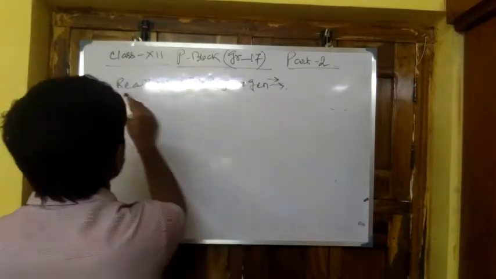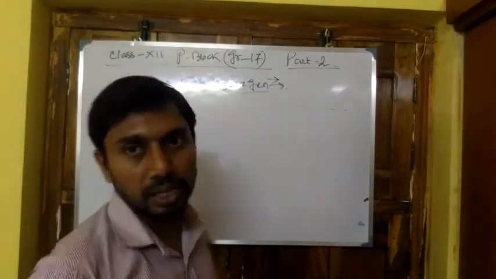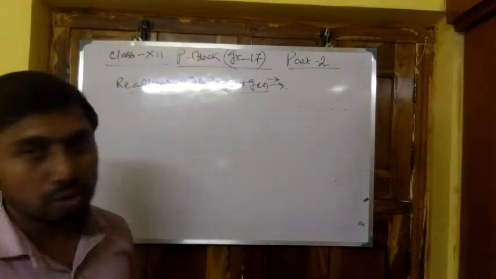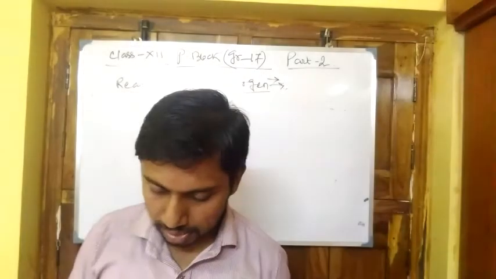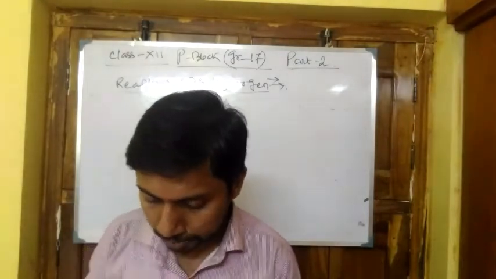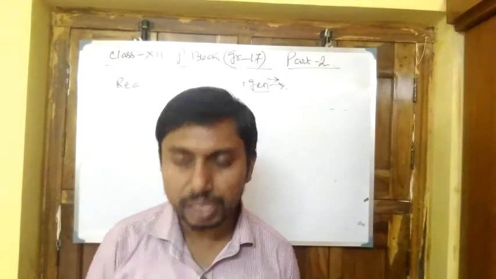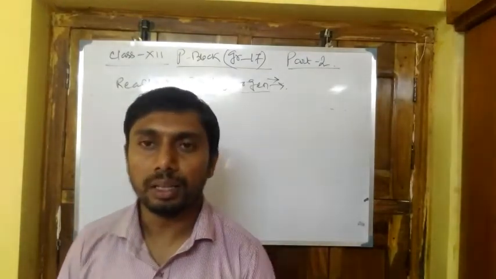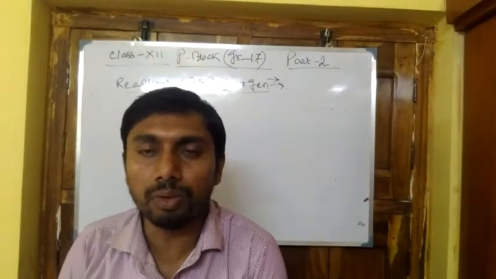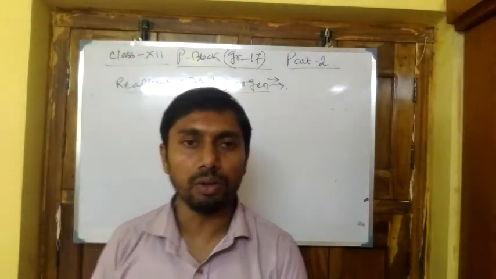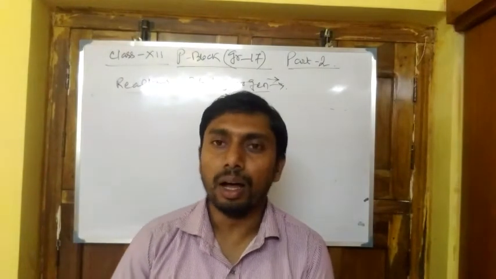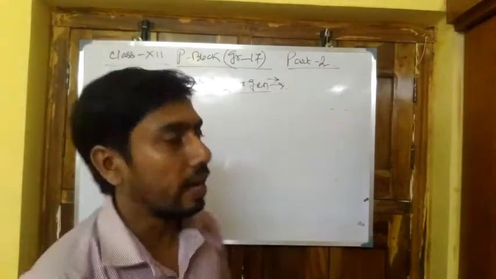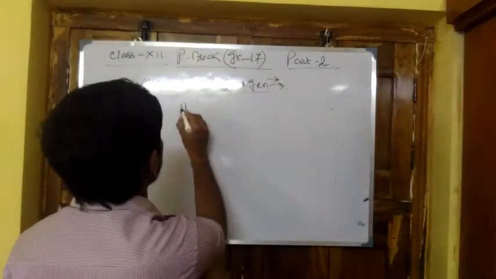We know that is HF, HCl, HBr, HI. These are all the compounds formed with the hydrogen. So first of all, the affinity of halogens towards the hydrogen decreases down the group, because first of all HF, so the compounds is